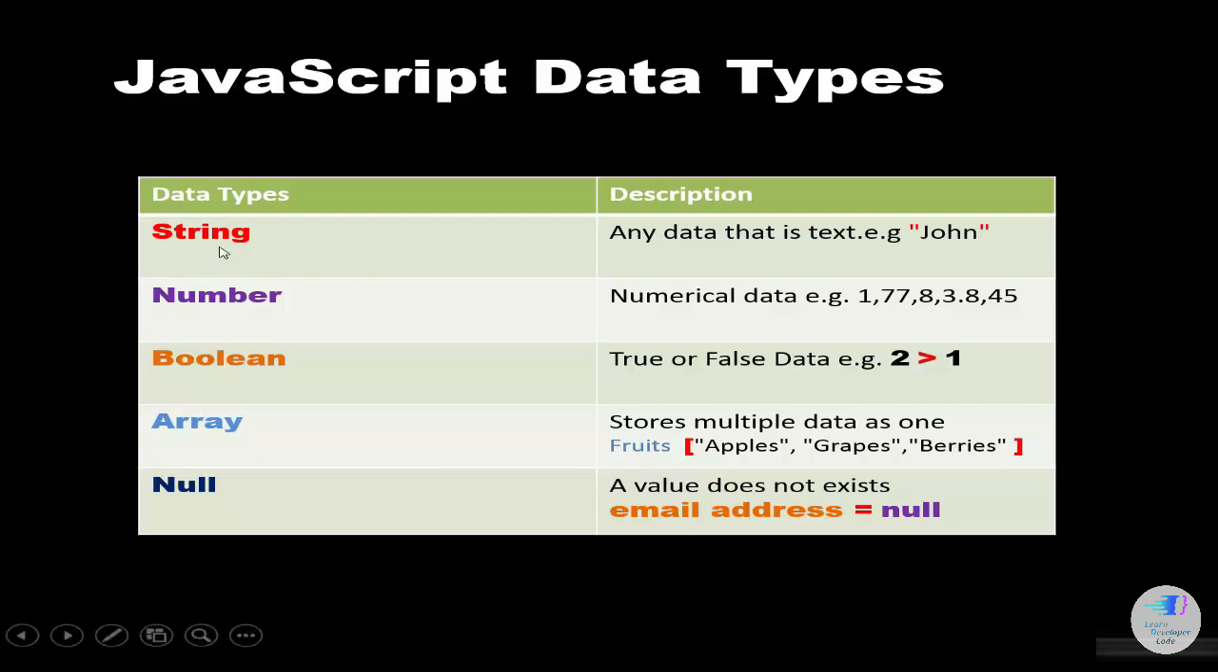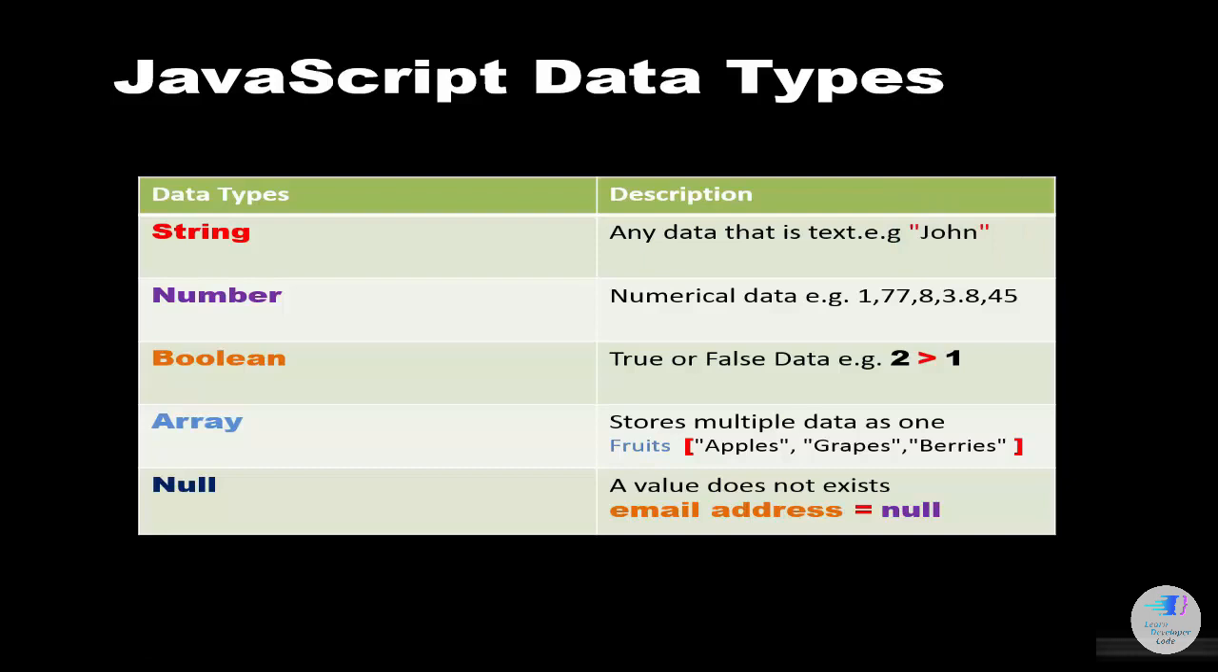The first one is a string. A string refers to any data that is regarded as text. So a collection of text is known as a string. And in JavaScript and in some programming languages, you have to enclose your strings or text in quotes, as I've done here with John. So anything that is a text that you use in JavaScript, you must enclose that with